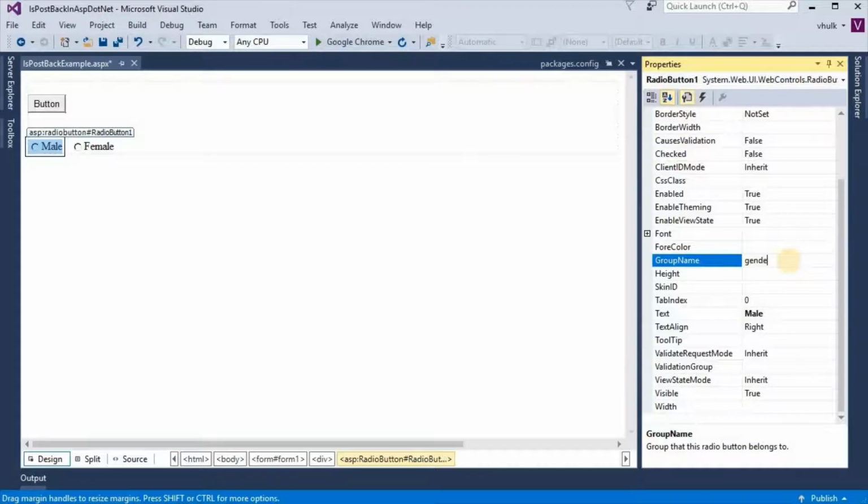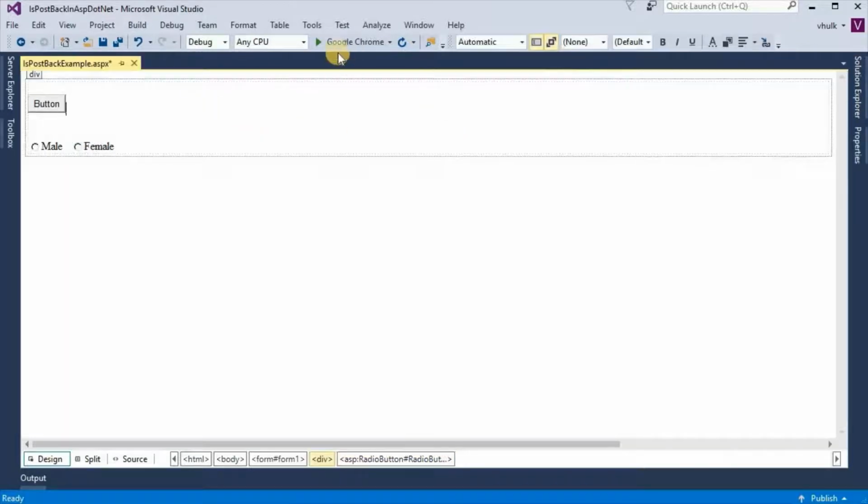Group name gender: the group name for radio button 1 is gender, and the group name for radio button 2 is gender. Now if we see in the browser,